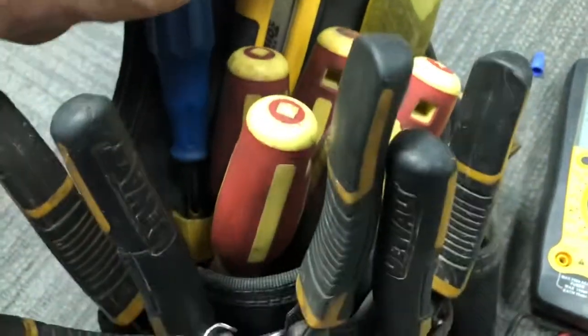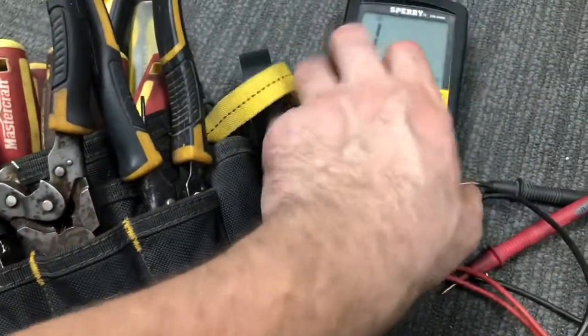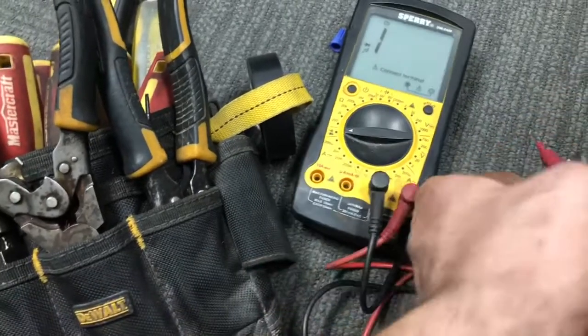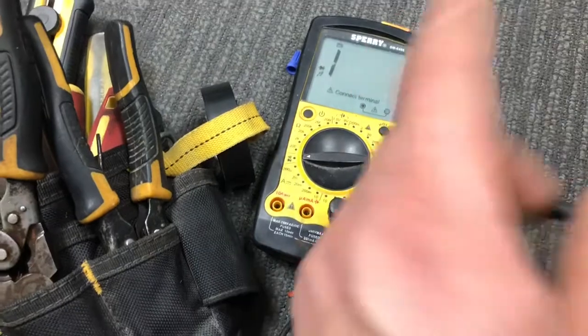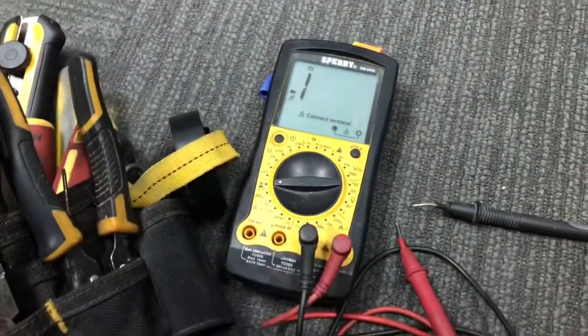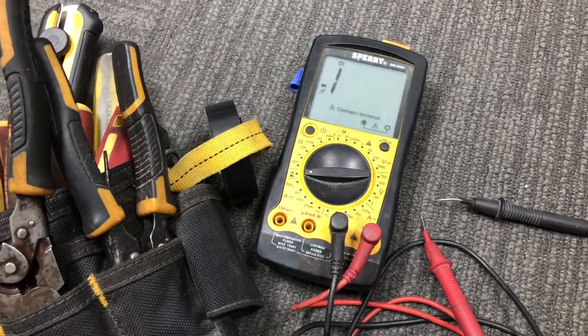Then we have our X-Acto knife, and those are mainly the tools that I use, plus the electrical tape to the side there as I tape all my connections. Now for the multimeter, for this case, because we already know it's 120, I use the continuity to basically see what is the hot side and what is the neutral side, because as you'll see in a moment, the bulbs